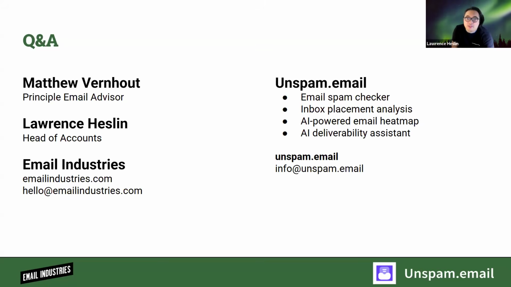Next one was, how do you balance aggressive marketing goals with compliance and deliverability limits during peak retail seasons? I mean, segmentation. 100% of the time, I'm going to say segmentation. Not every offer you want to send during your aggressive peak season is going to be relevant for every consumer. So if you can send smaller segments that are more relevant to the individual, you can actually send more messages to people because the batches will be smaller.